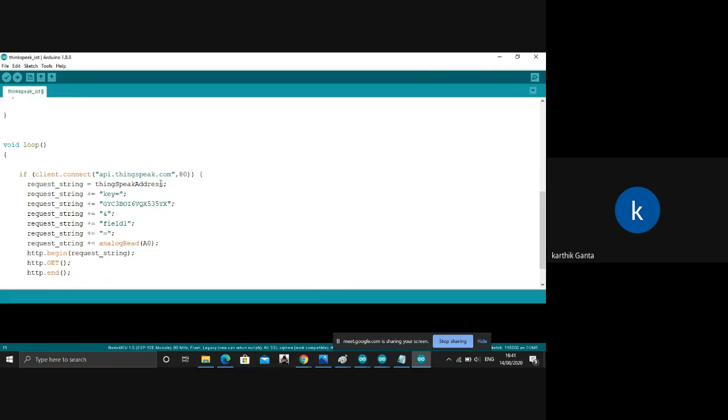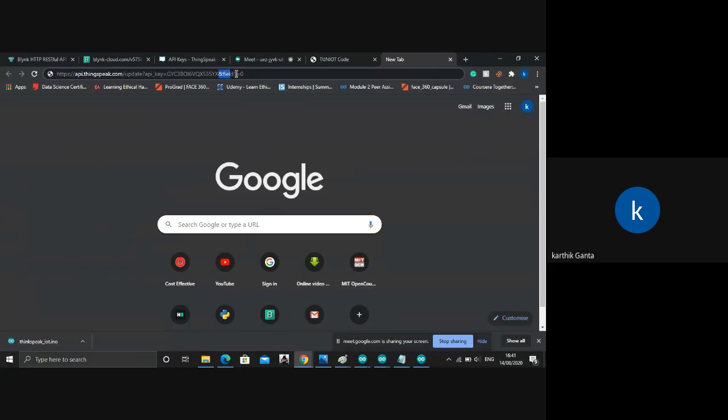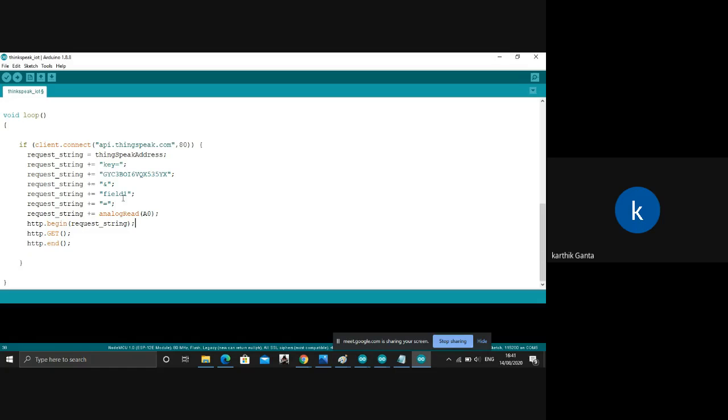First it will put it in this request string, next the key, and next &field1= in the same format that we have it here. And the value is analog read 0 because we are pushing this value. So it sends in the same format.